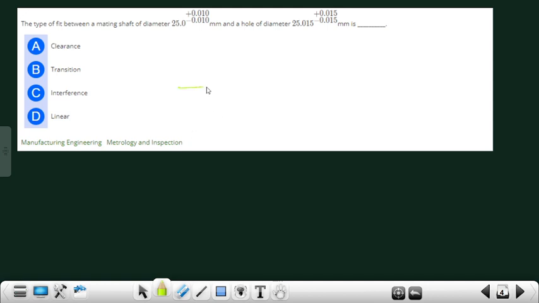So given the base diameter is 25, and we also converted this. This is the shaft, this is the hole. The upper diameter is 25.03 and this is 25.01, and this is 25 plus 0.01, 0 is equal to 3,